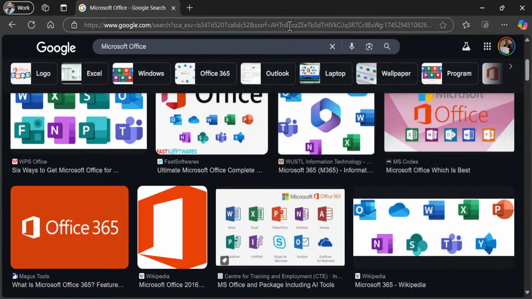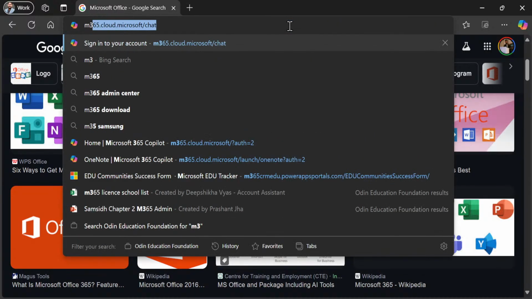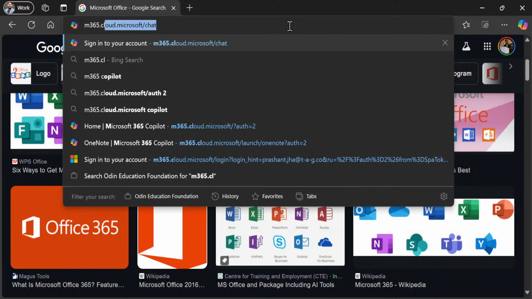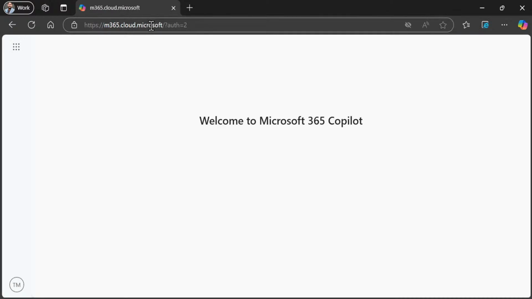One method is we can create it on our local computer. The other method is we can go to the M365 portal. In future we'll explain more about this. Right now I'm just doing it: m365.cloud.microsoft. That's the URL, and I will hit enter. You can make a note, in future it will help you out. m365.cloud.microsoft. I'm going to this portal,